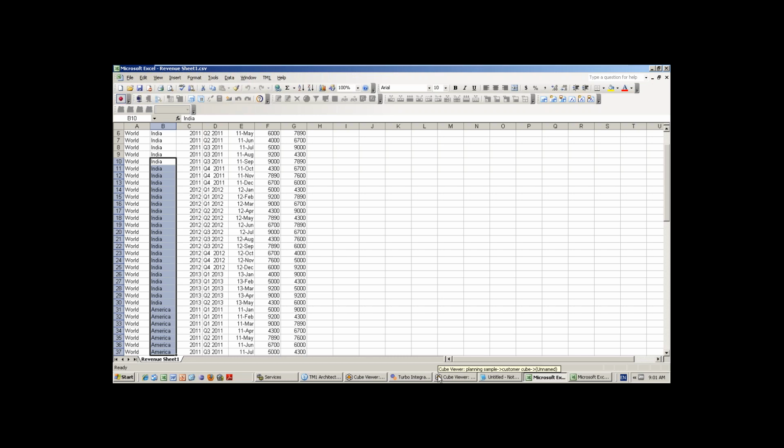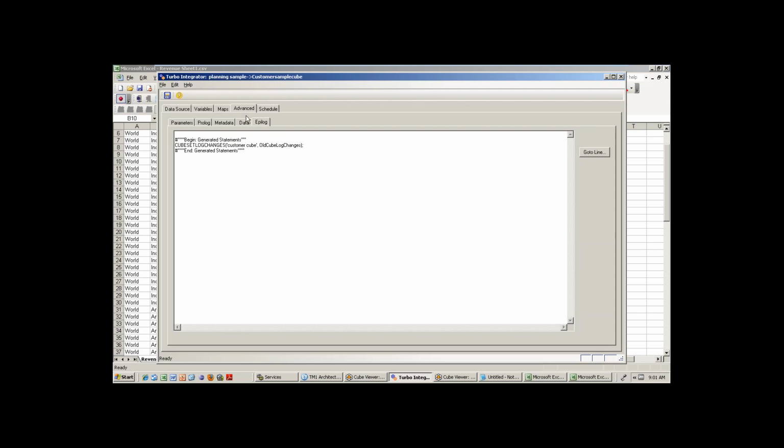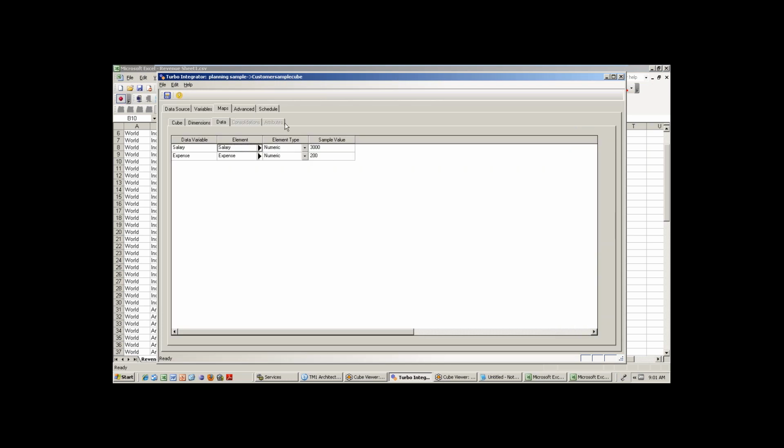So it is also done by the turbo integrator process. You don't need to do anything manually. Say for example, one more column came for the customer, previously customer phone numbers. So you want to add phone numbers as an attribute for the customer name. Yes, you can do that by using the turbo integrator process last step. Here in the mapping tab, sorry, not the advanced tab, this one will be enabled. If I put that as attribute, then it will be done. But anyhow, you will come to know about attributes.